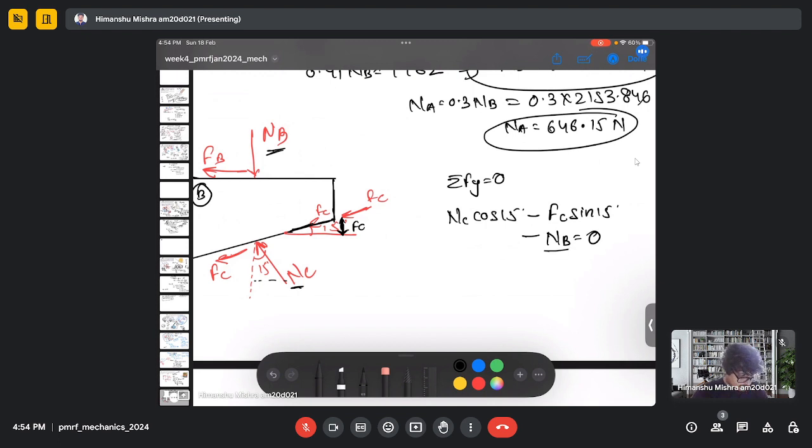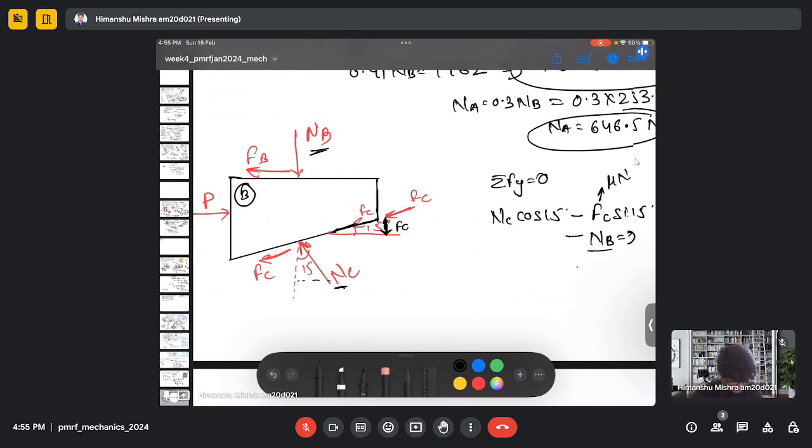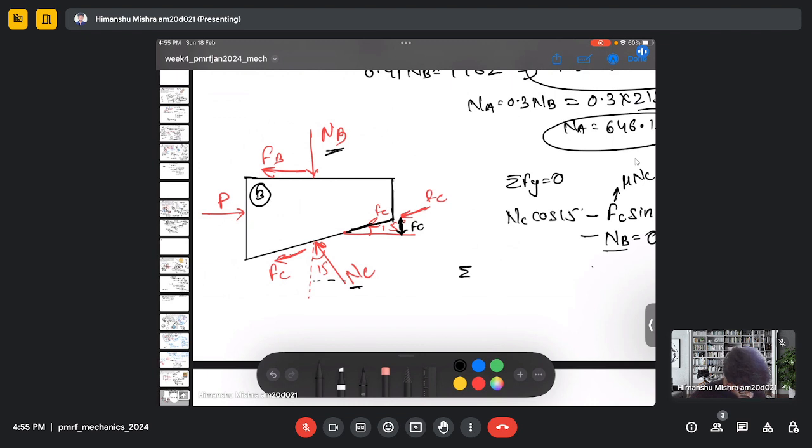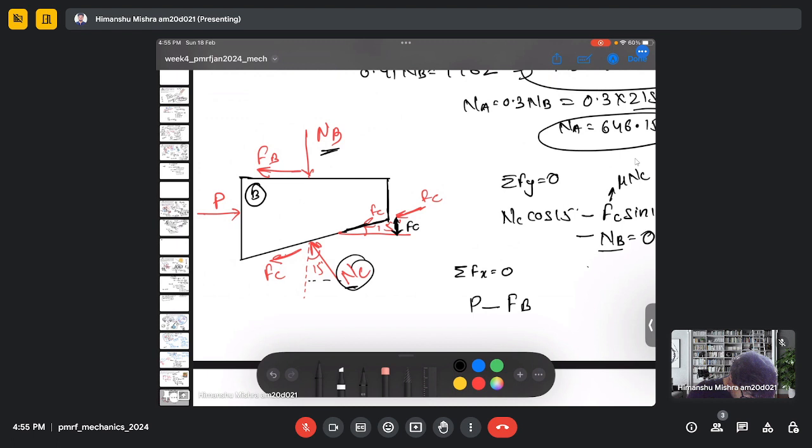And we know NB, so this FC can be written as mu NC. So the only unknown force is NC here, so it will be NC cos 15. Let's first do the summation of force in the horizontal direction as well, because it will give information about the unknown force P. So it will be P minus FB, and due to the segment of NC as well as FC, it will be the horizontal component of NC, which is